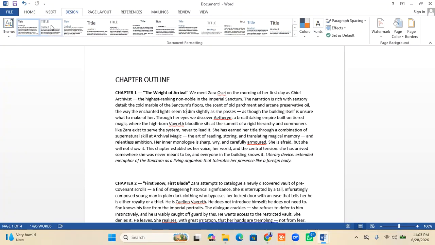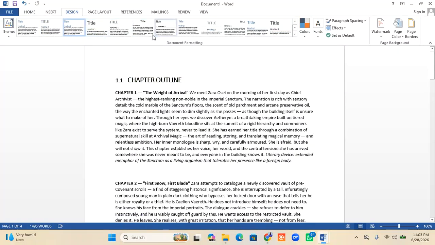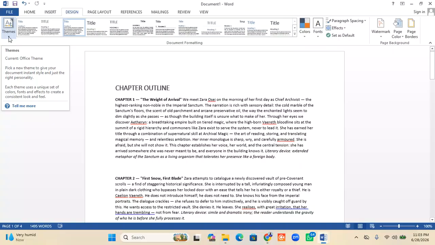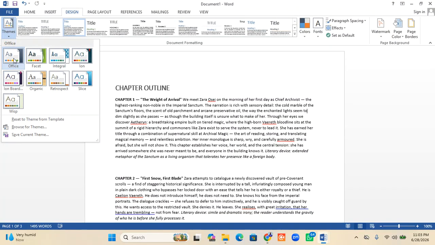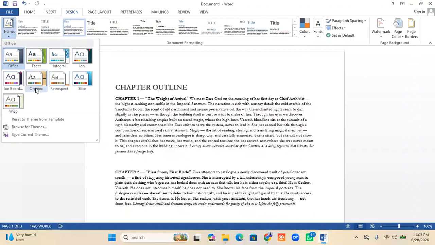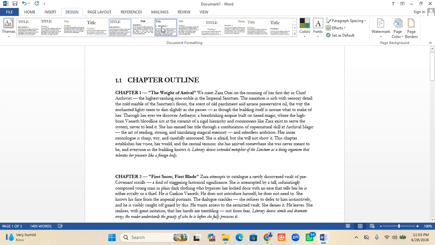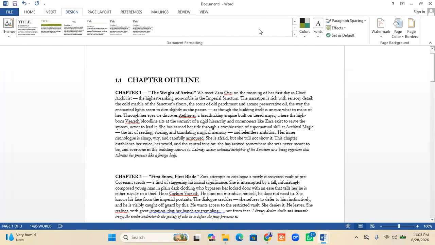Then that's where you can see the different themes you can use. So majorly you can always get the themes here. You can see there's the Office, there's the Facet, there's the Integral, Iron, Slice, Retrospect, Organic. When you click on any one of them, the sub-themes under those major themes are the ones you see over here. So you can always choose any one just to tweak it and style your work on